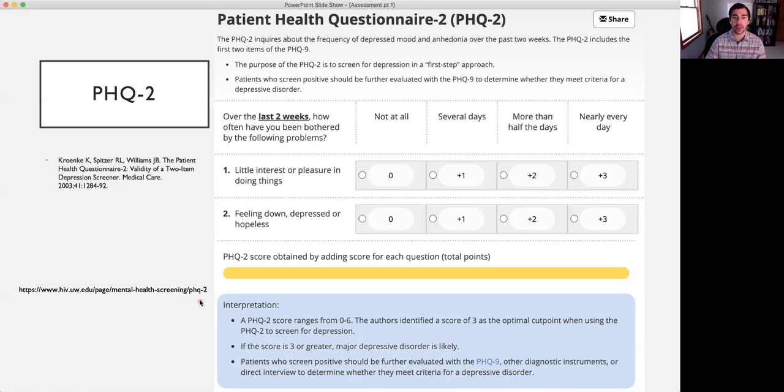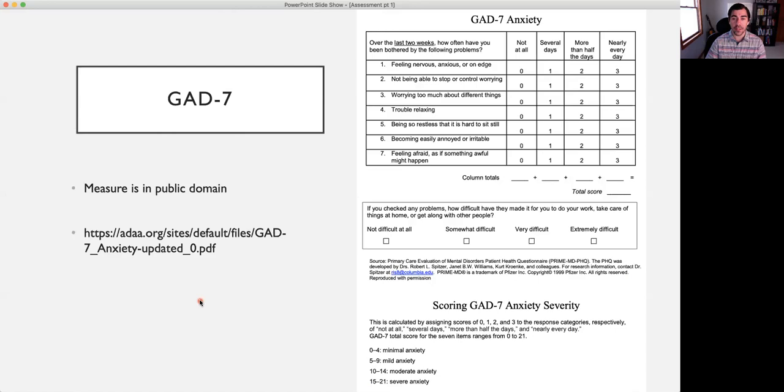So that's the PHQ-2. The other one I wanted to mention briefly is the GAD-7. Hopefully you did both, but for those of you who participated in the online survey that I put together, that was a demonstration for the class. For those of you who watched the lecture on group-based research, you might remember the GAD-7, a measure of generalized anxiety symptoms, with 7 questions and similar wording in terms of the time frame.